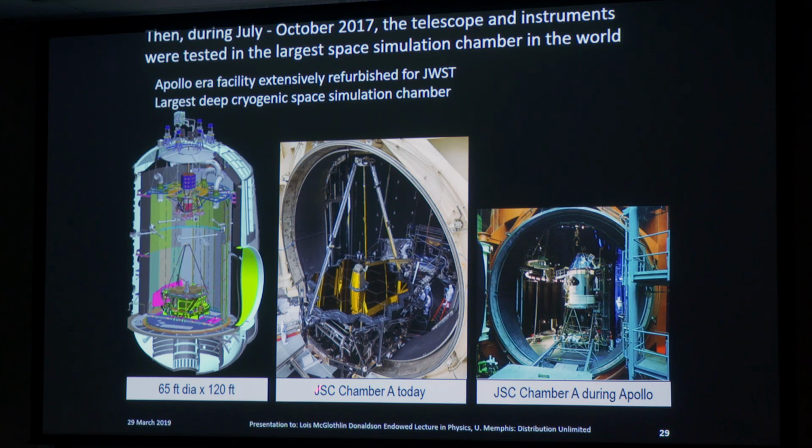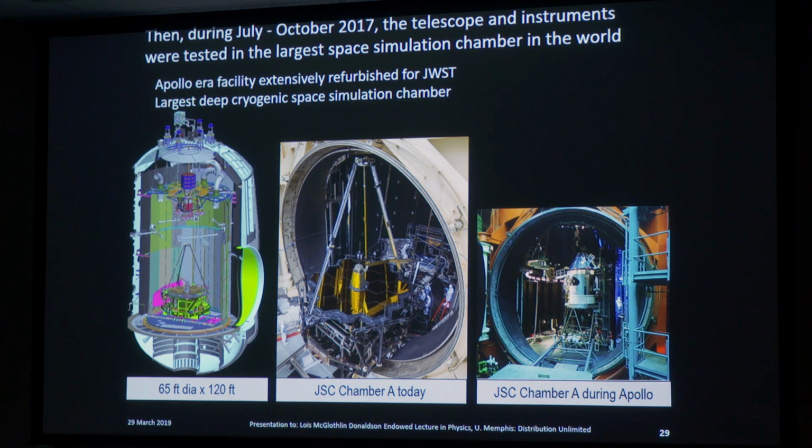The James Webb has already rolled into that chamber on rails, and it hangs from the roof of the chamber on rods and observes special optics test equipment in the roof of the chamber, so that we could do something called an end-to-end optical test. The mental image that you have when I say that is exactly the right image. We're shining light through the telescope just the way it will occur in flight, and we're making sure that everything is working perfectly. Of course, all of this in the cold environment.